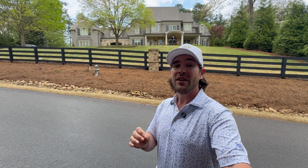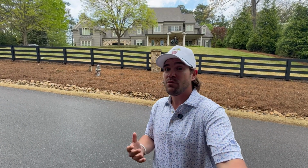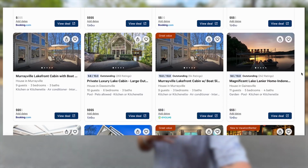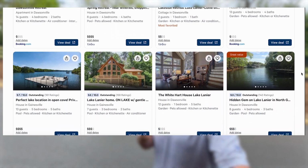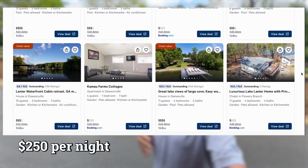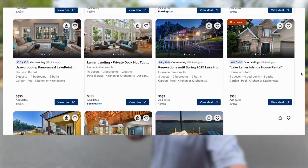Short-term rentals on Lake Lanier are very popular, and I've referenced it at some of the previous houses we were at, which may make good opportunities. If you look on VRBO or Airbnb, then you're typically gonna get for a night on the low end about $250 a night. On the higher end, bigger houses, more beds, better views, more amenities, those are gonna be over